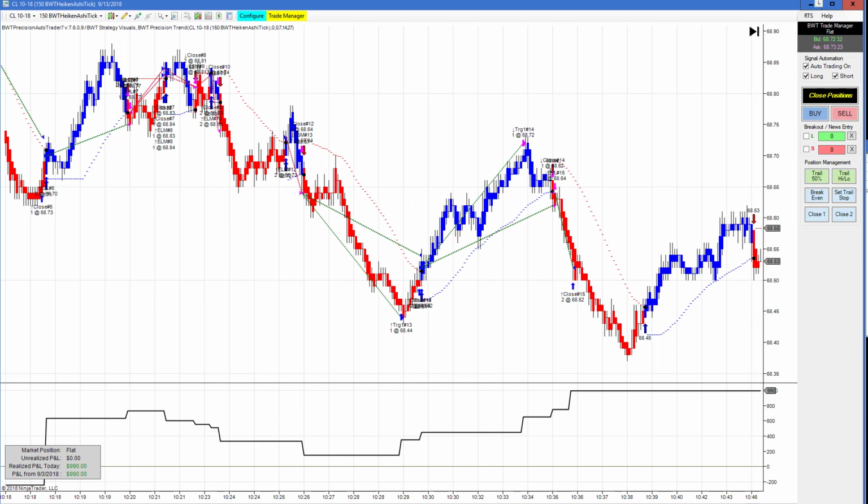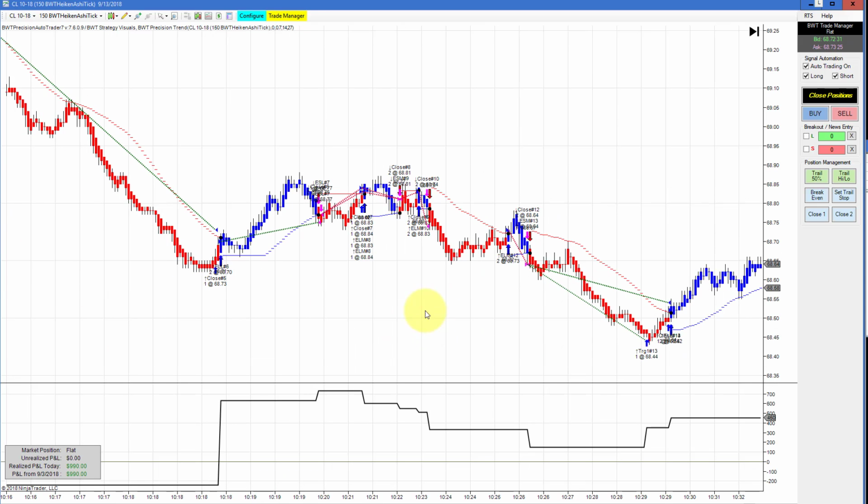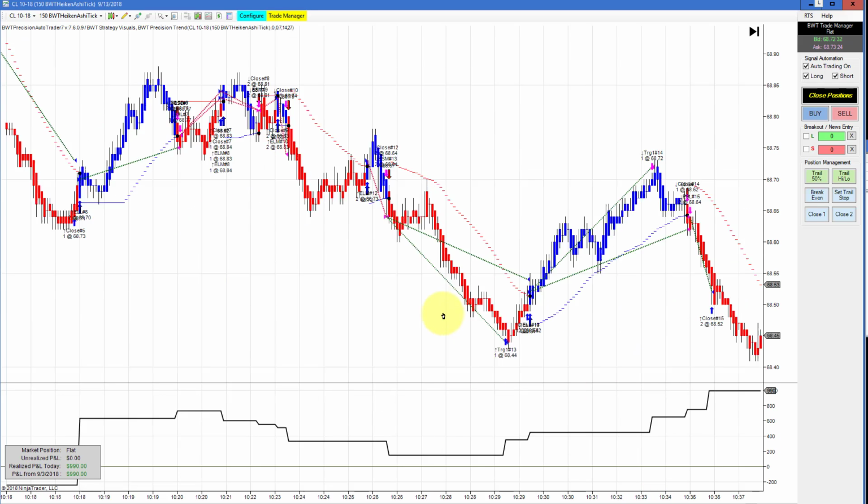And all this happened in 90 minutes of trading, and it was these 2 trades that brought us to our goal. But the main takeaway from this is that the Autotrader has the ability to absorb losers, even 3 or 4 in a row like this. So there is some